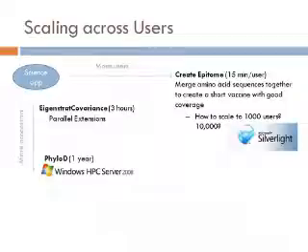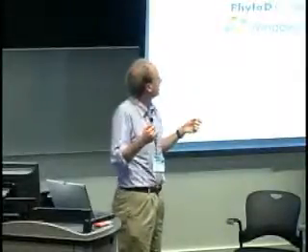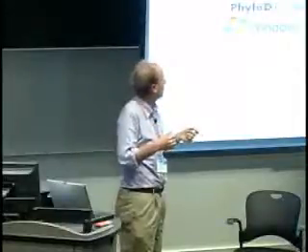So we had another program. This program only takes like 15 minutes to run. It's called Create Epitome. It merges amino acid sequences together to create a short vaccine that gives you as much coverage as you decide is worthwhile. So our problem was we wanted to make this a web app, and 15 minutes per user doesn't seem that bad, but if a dozen users start using it all at the same time, and you're running it just as a web app, then the web server is going to start complaining, and your web hoster is going to tell you you can't run your app anymore here.